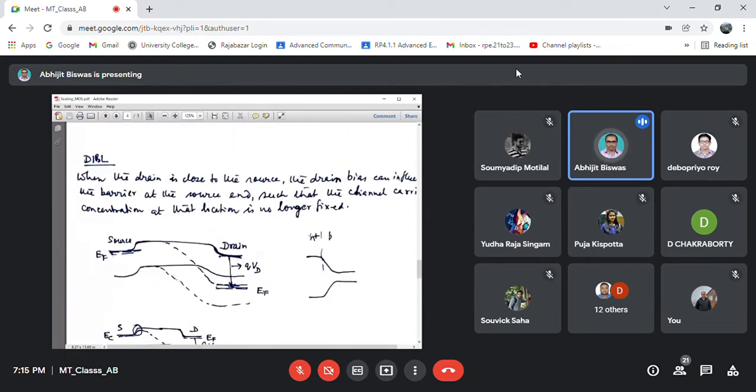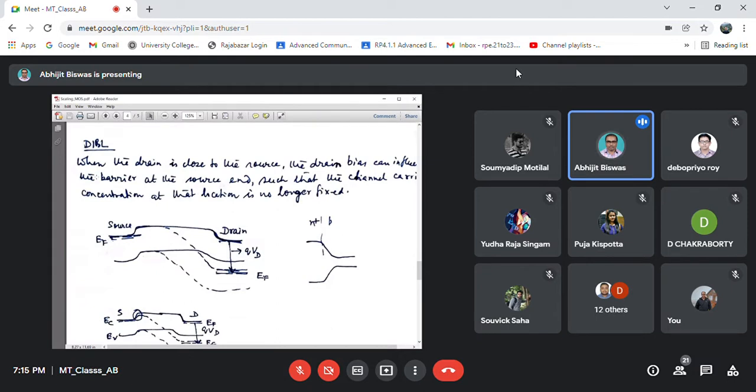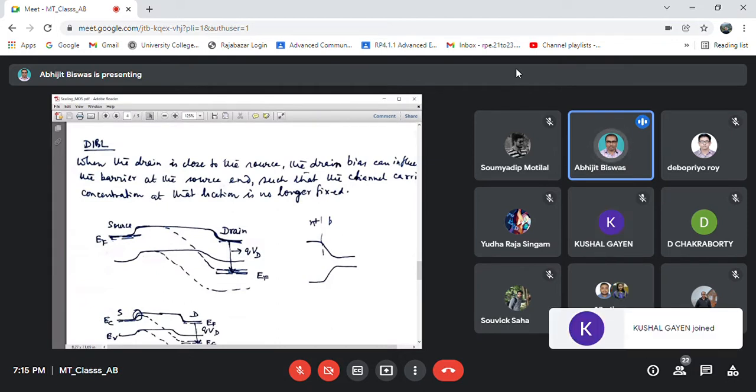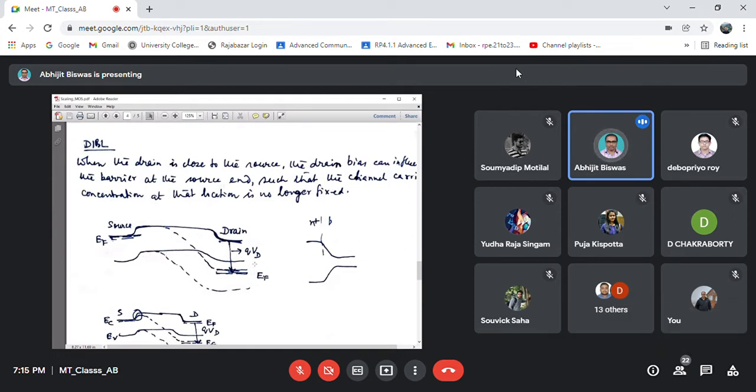Now I come to another important phenomenon, that is called drain-induced barrier lowering. It is observed in the case of short channel devices. What does it mean actually? This continuous line depicts the band diagram of a MOSFET when the drain bias VD is applied. Here the upper one shows the conduction band profile, and the bottom continuous line shows the valence band